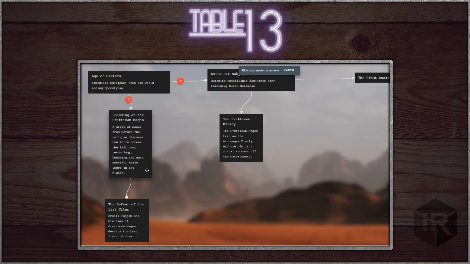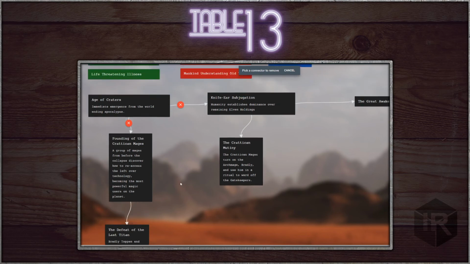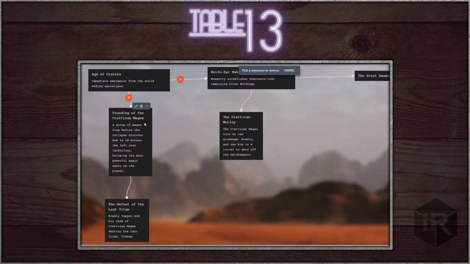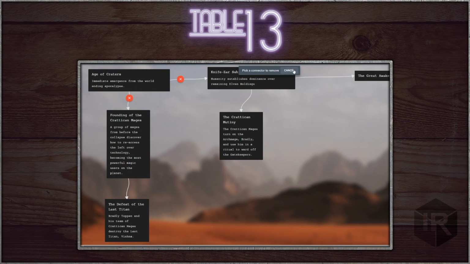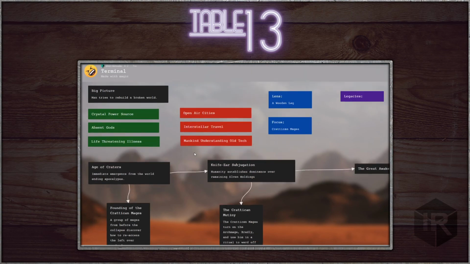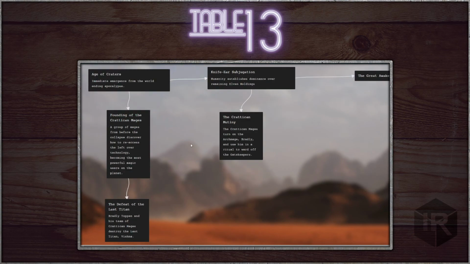So it looks like some mages from before the whole thing. Is there some stuff not lining up for you on here? I'm going to reload just in case. It's because you keep dragging it over into the middle of the thing. Okay, whatever works. Anyway, so some mages from before the apocalypse find some leftover technology. And then I'm going to do a scene. Okay, oh boy.